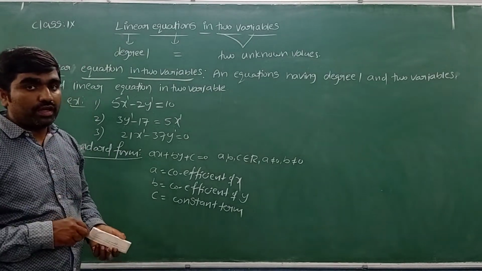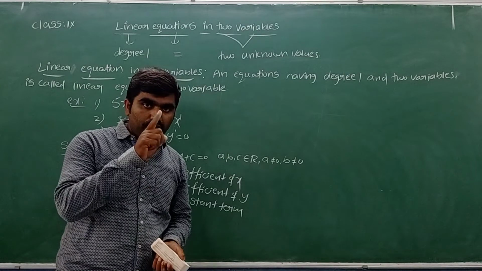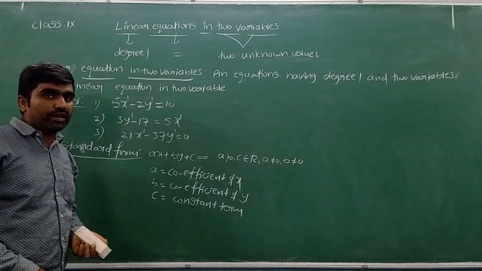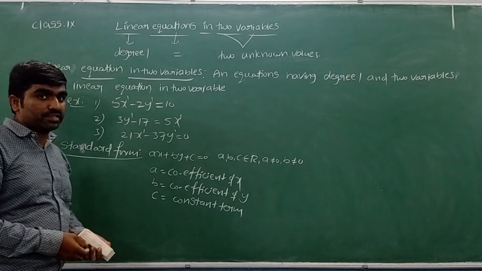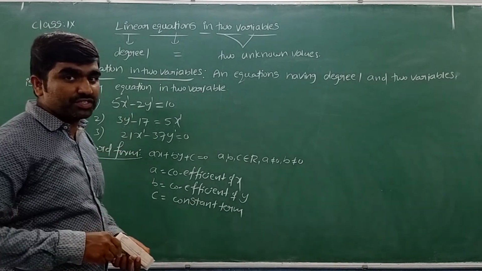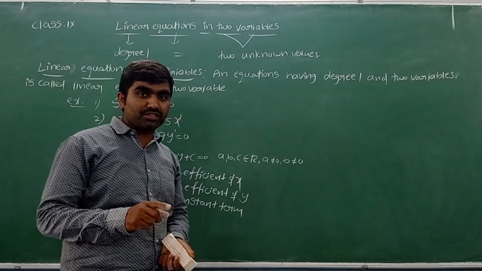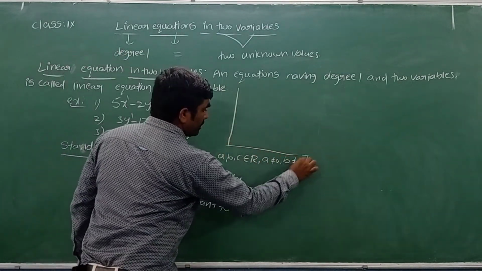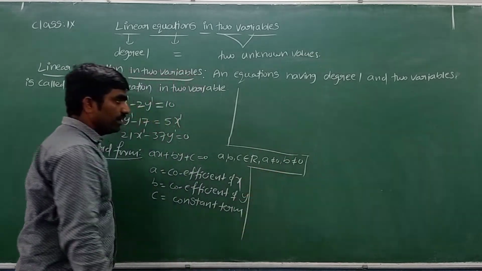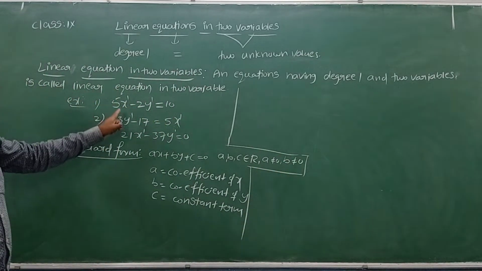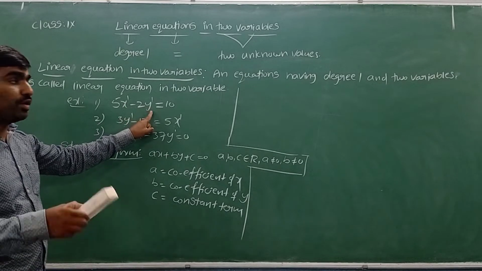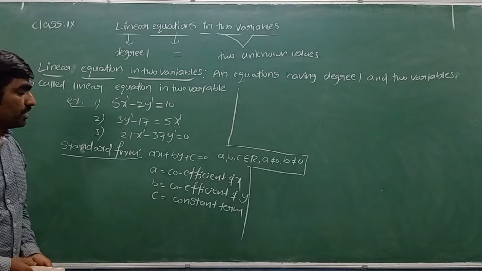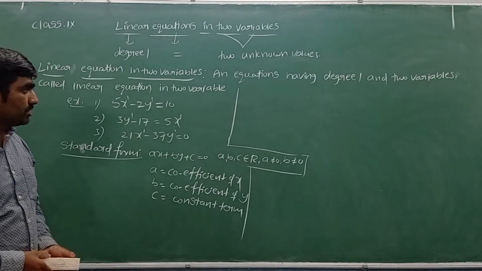I told you the linear equation in one variable has only one solution. Now can you imagine how many solutions are possible for a linear equation in two variables? Sir, one variable one solution, two variables two solutions. No, the number of solutions is not dependent on degree. Then tell me, how can I find how many solutions exist? Here I can see two unknown values, x and y. The values of x and y which satisfy the equation are called solutions.